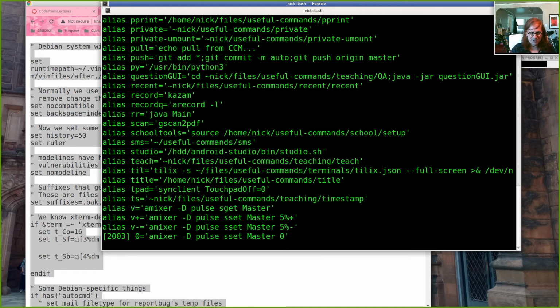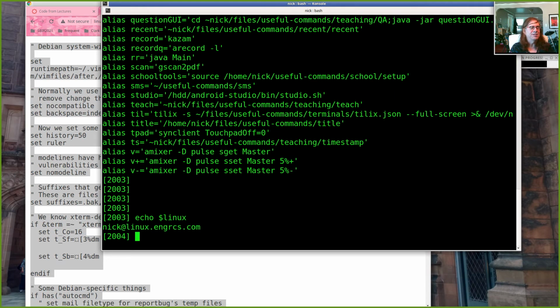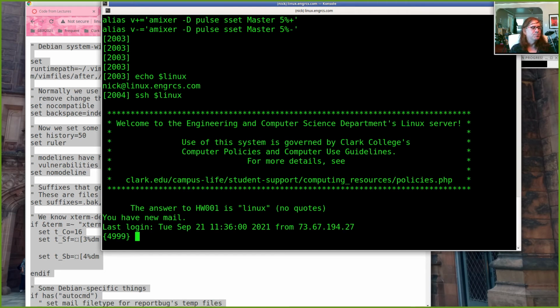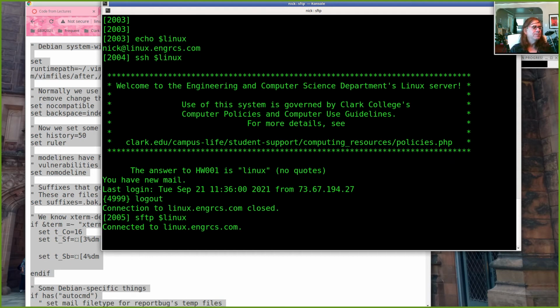If I were to look at that using the echo command, I can say, show me what this symbol Linux means. It means nick@linux.ngrcs.com. So if I just SSH to $Linux, it acts as if I said SSH nick@linux.ngrcs.com. If I do SFTP, fine.